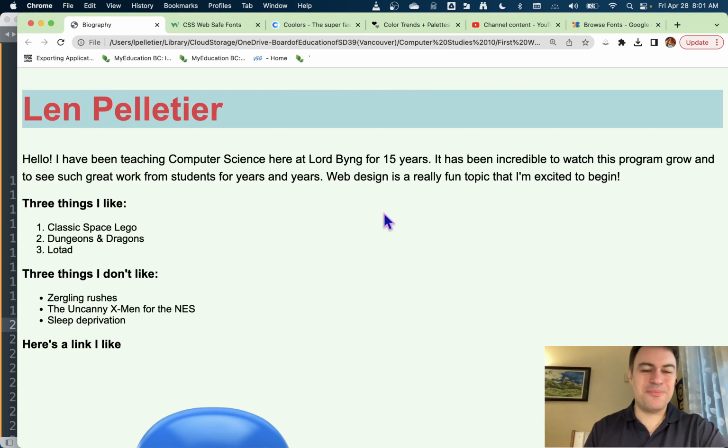Hi, Computer Studies 10. So now we're going to take a look at fonts. Fonts are really important in terms of conveying the mood and the style of your topic. Surprisingly so, just as much as color. You can imagine an edgy font versus an elegant font versus a cold, stern font. There are lots of different kinds of fonts, and we're going to see where we can find and manipulate our fonts